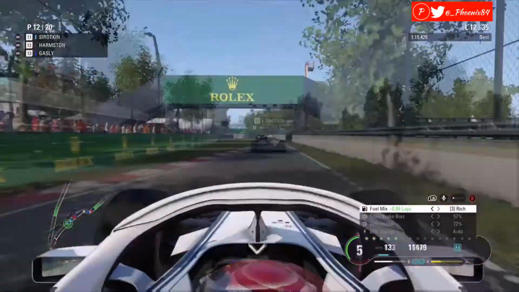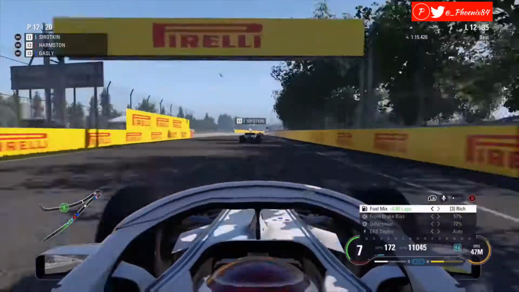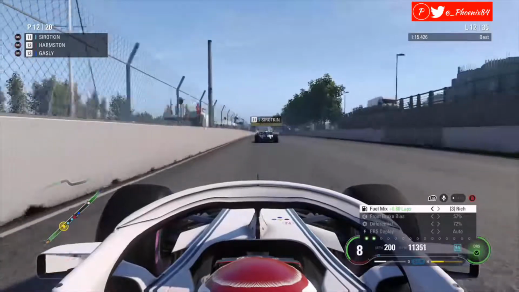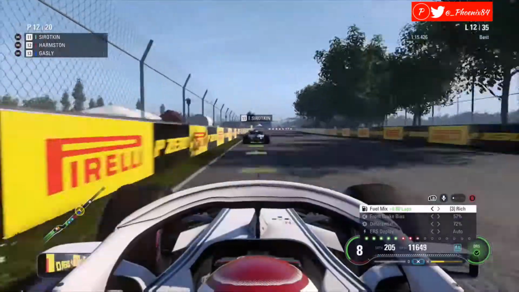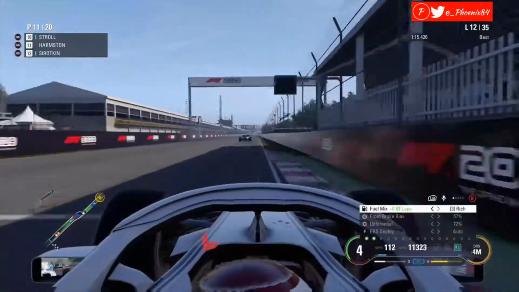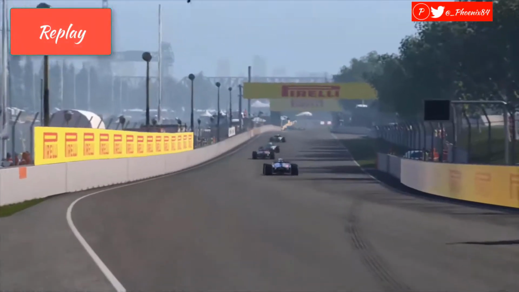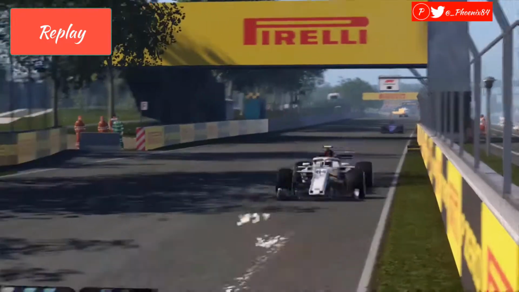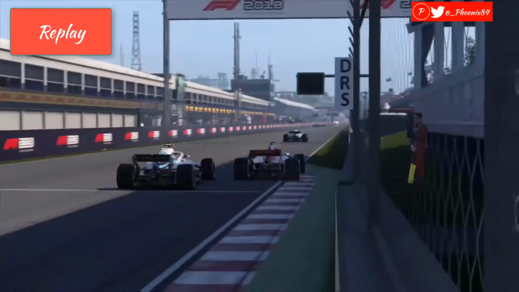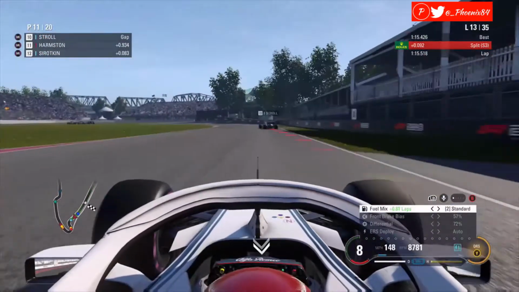Now it's the two Williams of Sirotkin and Stroll. These two seem to be slowing everybody up in career mode. They're just far too slow, and they just end up having a wallowing strategy. Can we go down the inside? Sirotkin locks up. That was a very bad lockup, almost a little bit of contact there between myself and the Russian. But let's get a replay of that and see what happens. He just locks up, and then tries to make the corner though, rather than going straight on, and then just hits us in there. And we are now after his